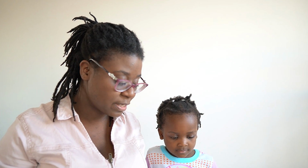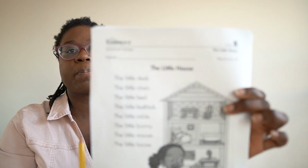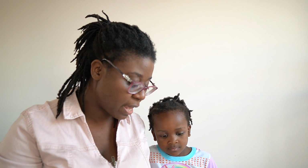So now that you've read those sight words, and I'm telling you, girl, that was really excellent, I would like for you to read me a story, okay? So this is the story that she is going to read to me, and I'm going to keep a running record. So this is called a benchmark passage, and it looks different depending on your child's grade. And while she is doing that, I'll be keeping a record